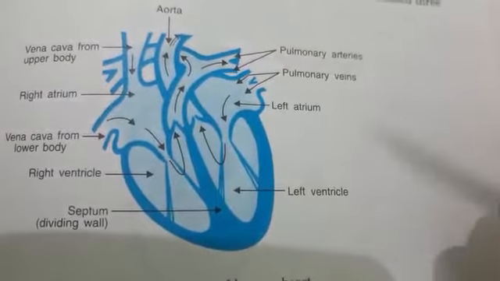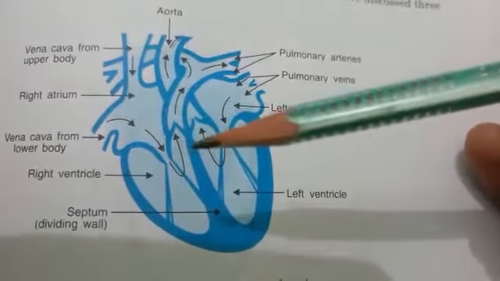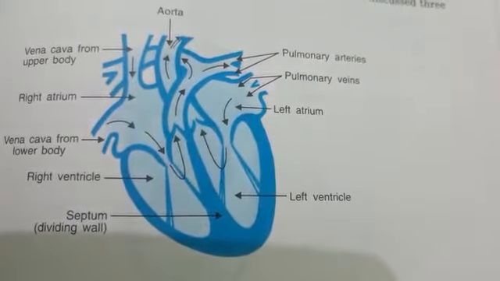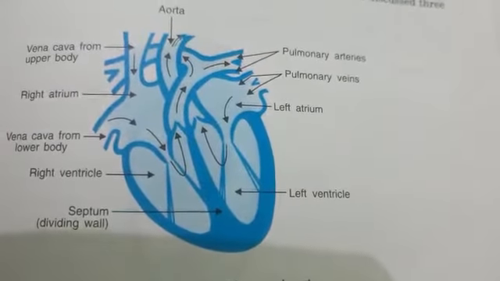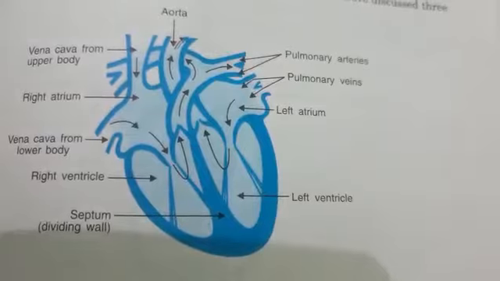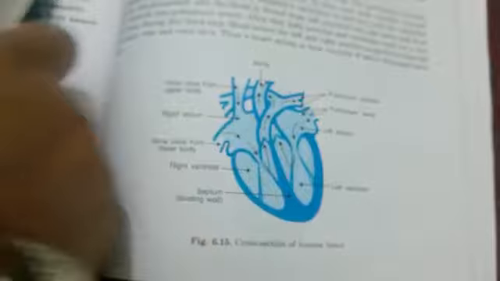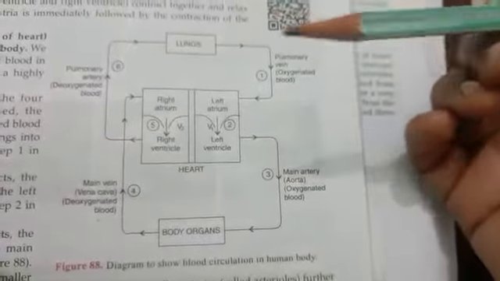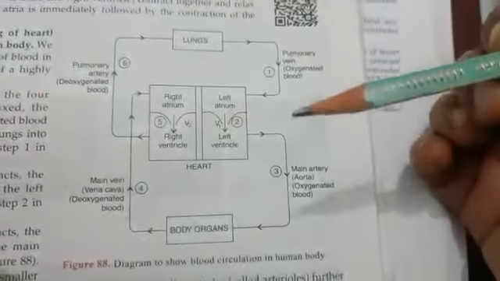The oxygenated blood from the lungs returns to the heart, which is pumped to the organs of the body by the heart. Thus, the blood passes twice through the complete round through the body. This is called double circulation. Double circulation means heart receives and transports blood in separate chambers two times.